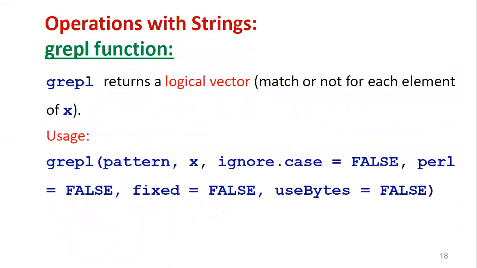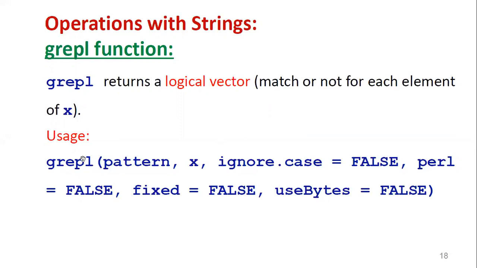Now, another function alternative to grep. So we have grepl, which returns a logical vector, match or not, for each element of x. Simply, it displays whether that value is matched. Matched means TRUE, not matched means FALSE. It just displays TRUE or FALSE. The syntax is